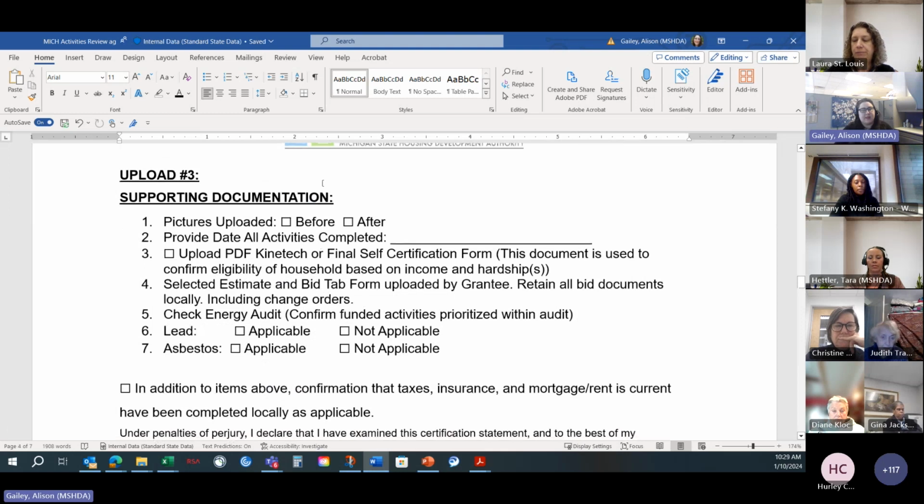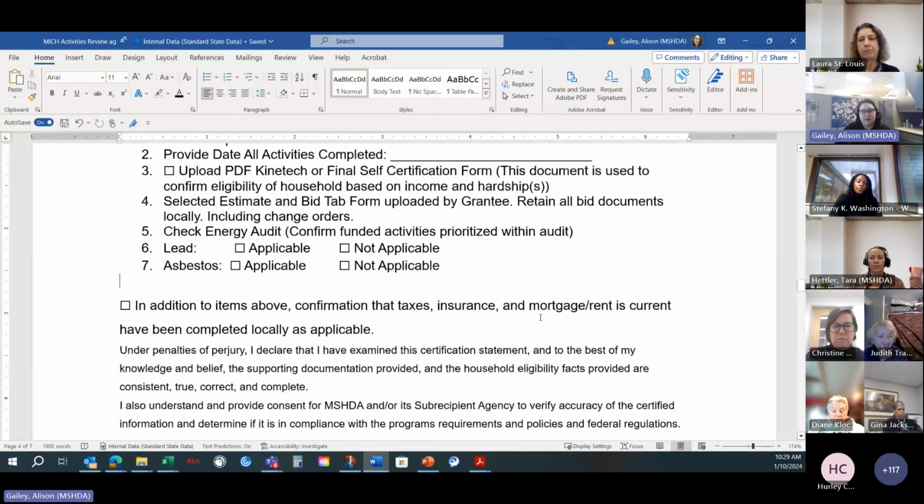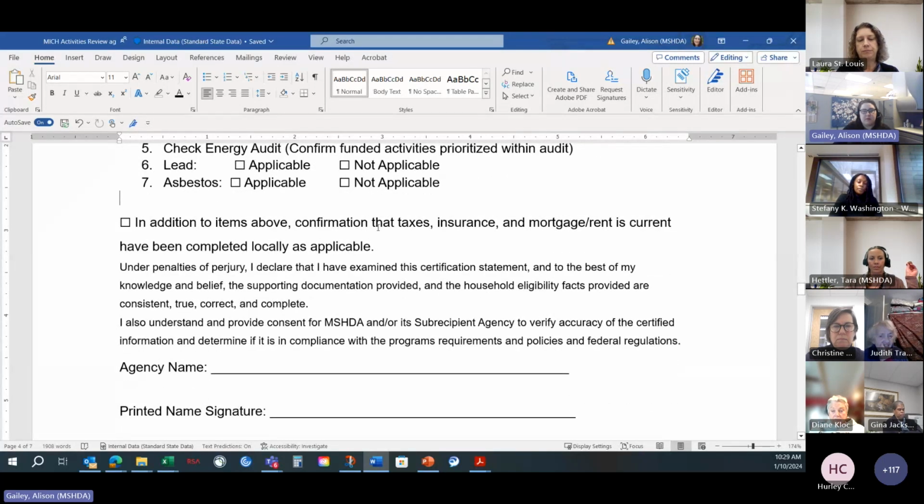And then this is your next upload, your supporting documentation. So that third upload, which will have your before and after pictures, it'll have the dates that are completed, your self-certification form, or your PDF upload from the portal, and your bids, as well as lead and asbestos and your energy audit as applicable. And then here you would confirm that taxes, insurance, and mortgage and rent are current,